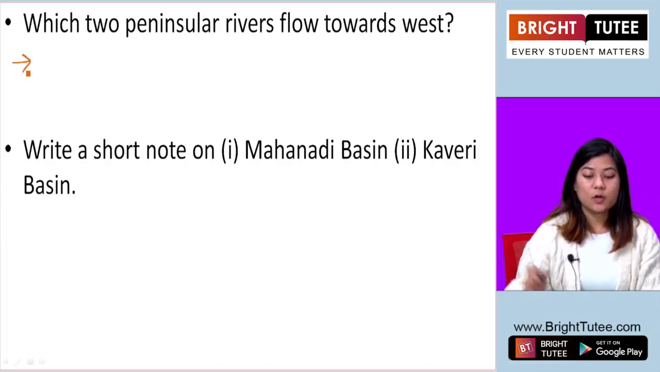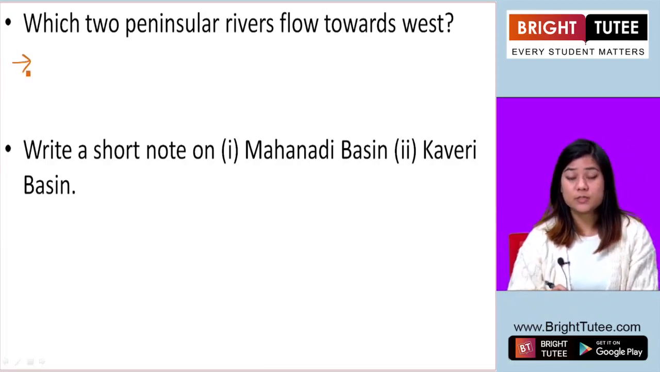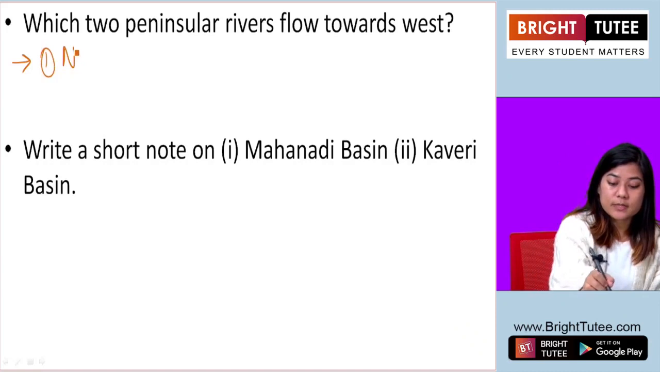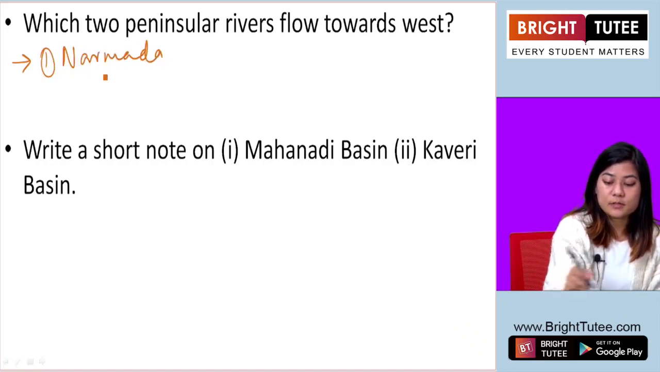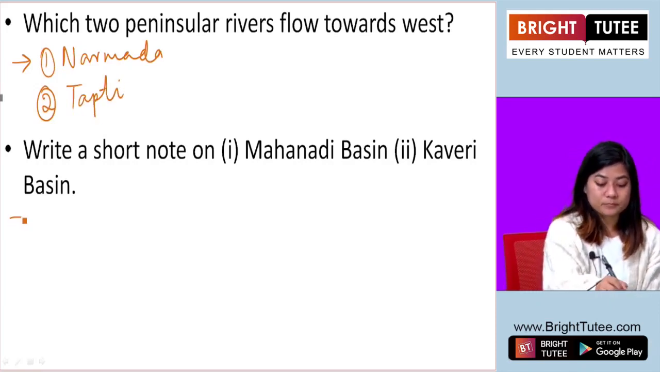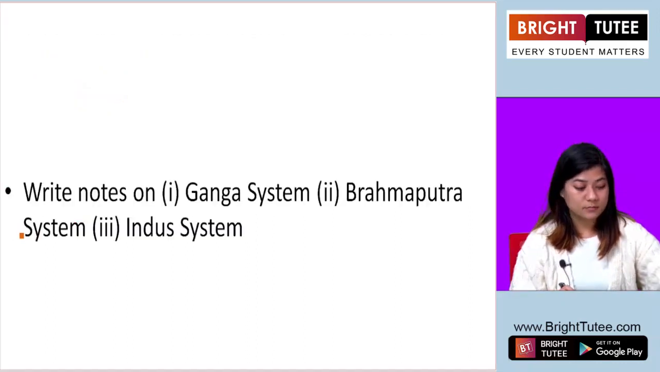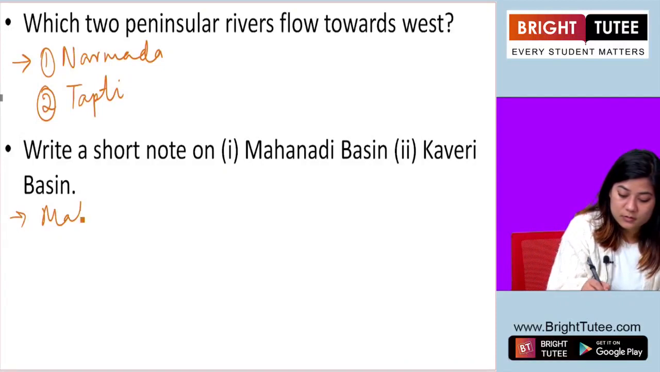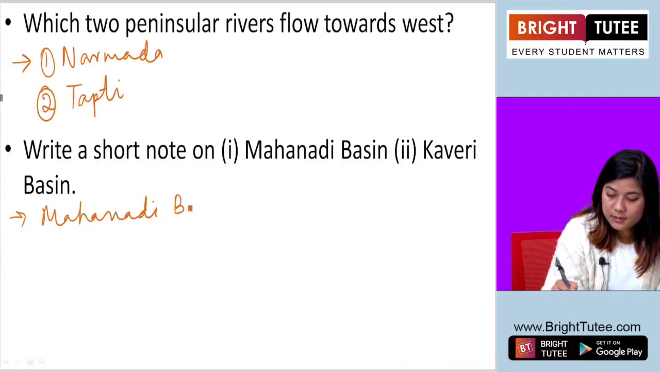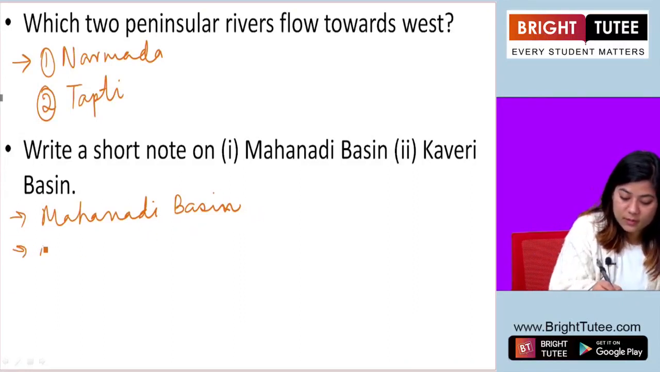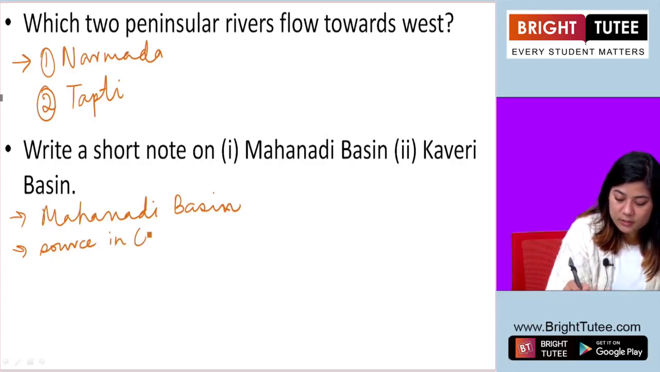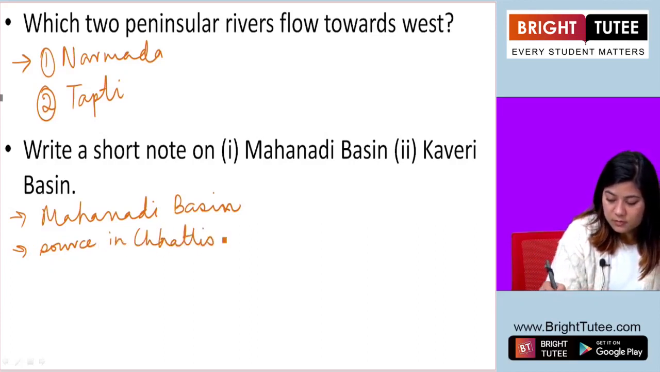The next question, which two peninsular rivers flow towards the west? Number one is Narmada and number two is Tapti. Okay. The next question, write a short note on Mahanadi Basin and Kaveri Basin. Mahanadi Basin. It has its source in Chhattisgarh,